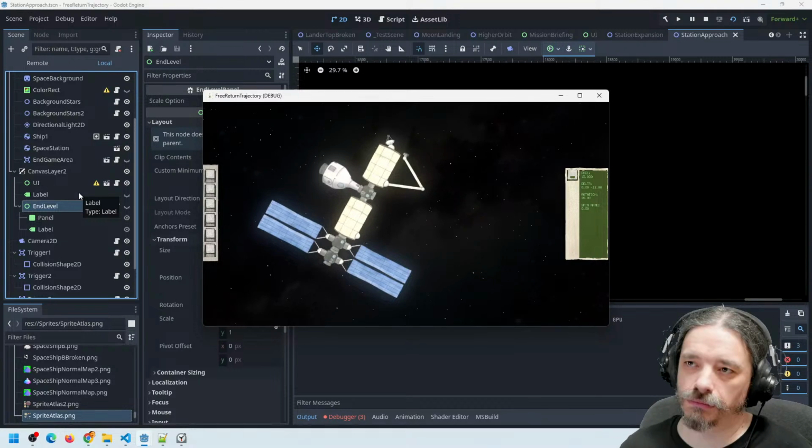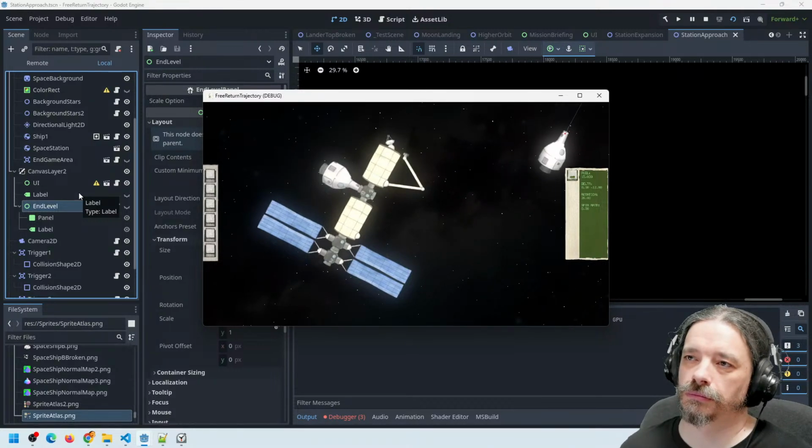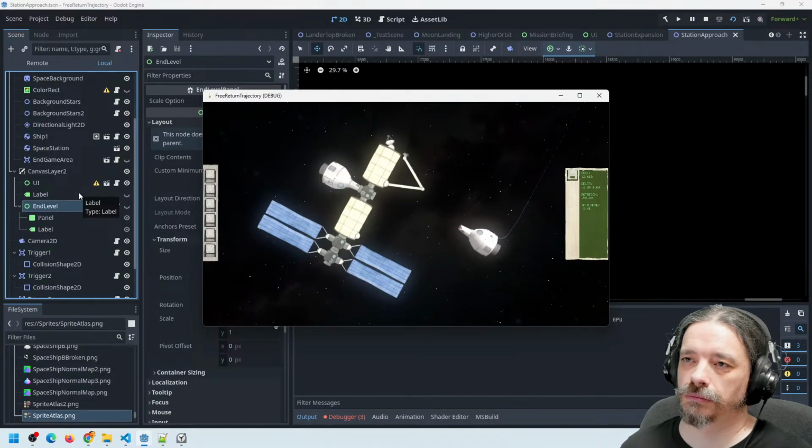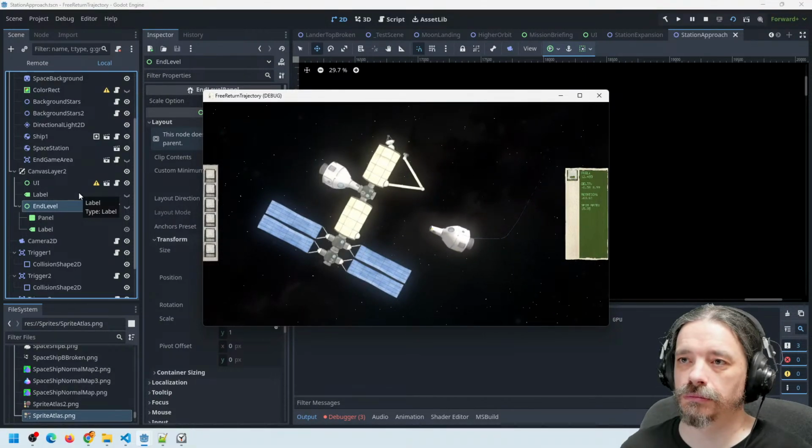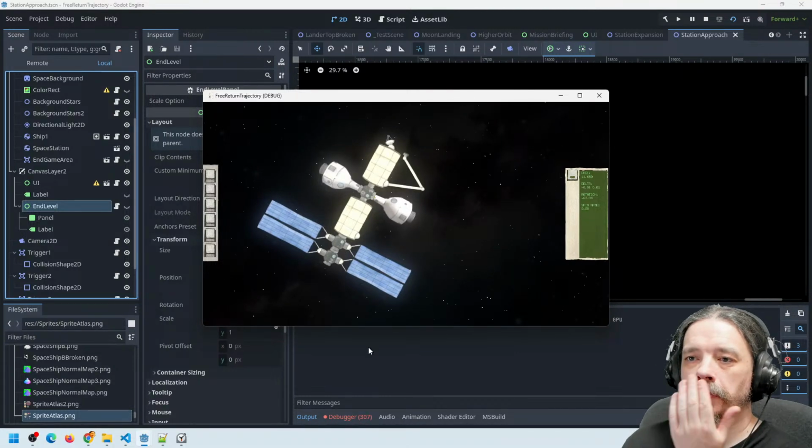Prepare for main engine burn to decelerate as you approach the station. Engaging now, ready to maneuver into docking position. Use thrusters to align with dock 2. Auto lock activated. Roger that. We are docked. Roger